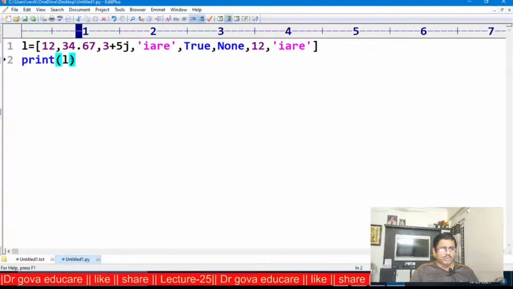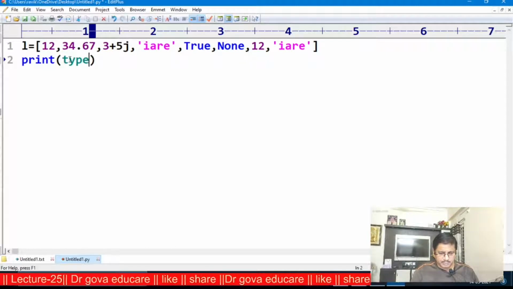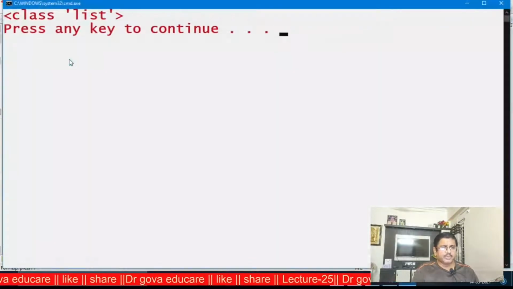Suppose I want to know the type of the list. Using the type function, type of L, I am executing the program. This is class list. That means this is the list data type.